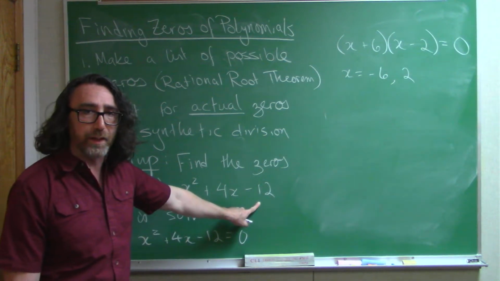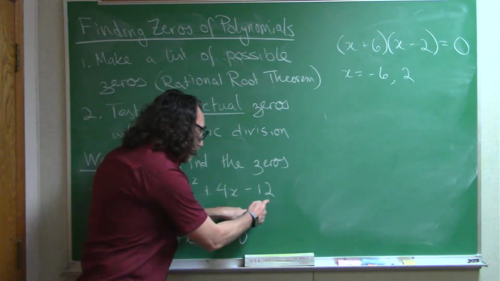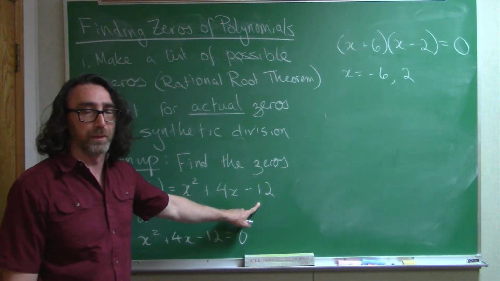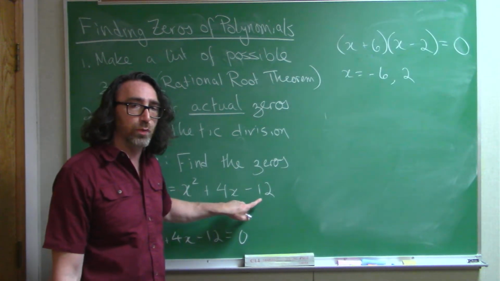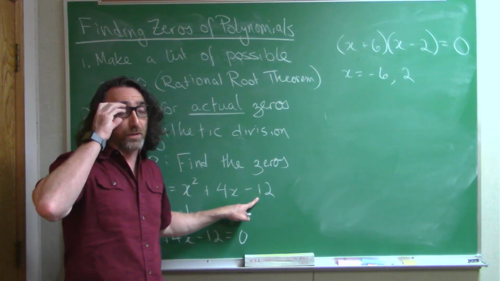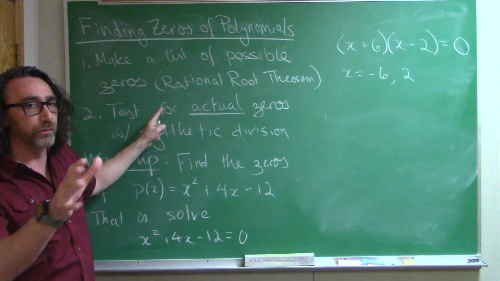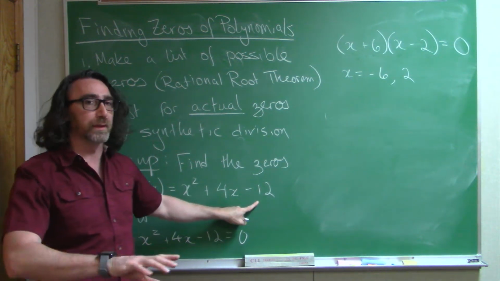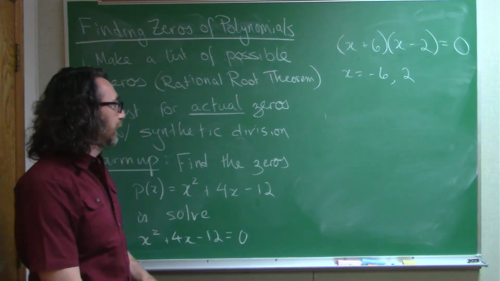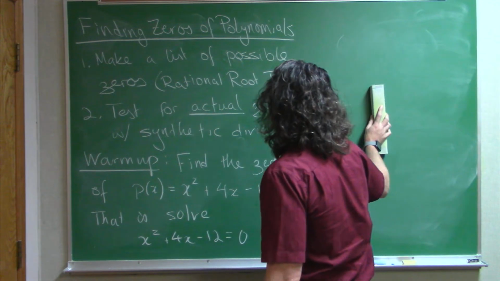The key thing I want to emphasize is that if I'm trying to find zeros, I should start by looking at that constant term. Numbers that go into 12 evenly are going to inform what I should be thinking about. In other words, that's going to be on my list of possible zeros. There's a little more to it than that, and I'll show you another example where we can see how to extend. But let's tackle